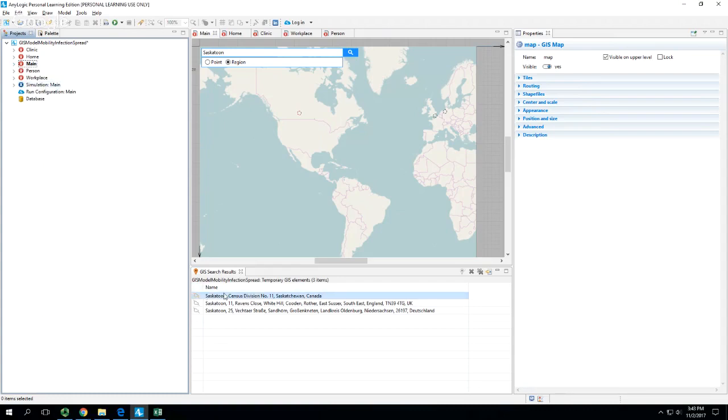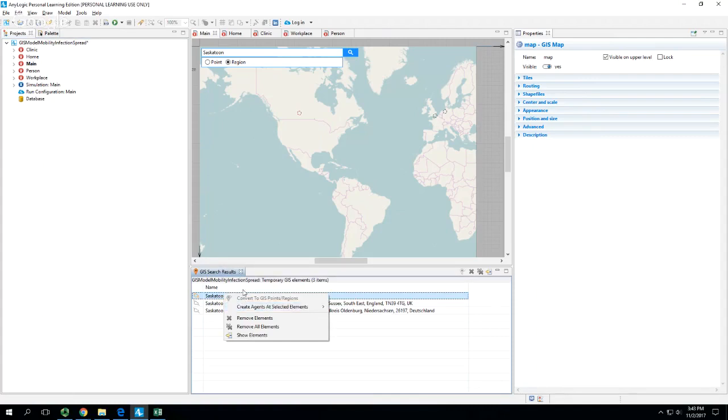Okay. How did I do that? In the search results, I click convert to GIS points regions. Now it's grayed out because I've already done it. Okay. So I found Saskatoon. I created it. It's going to know about Saskatoon within Maine from now on. Okay. Next, ladies and gentlemen, I'd like you to go and